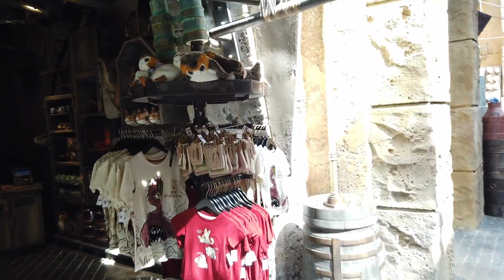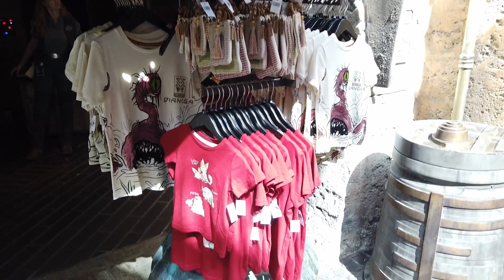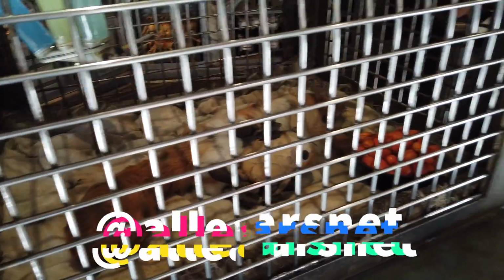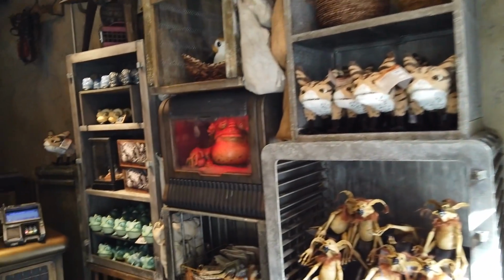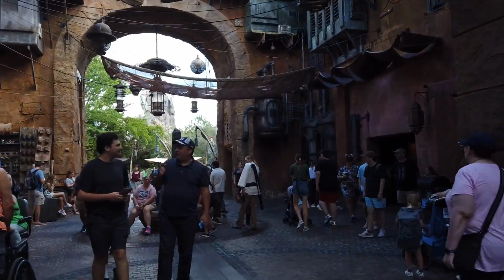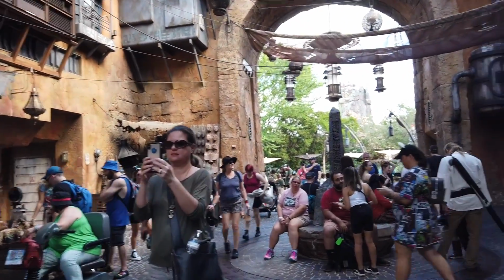Bina's Creature Stall. So this is where you're going to find a lot of your own take-home galactic creatures, if you will. So like things like porgs you can find here. You can even take one home yourself. Kind of like a galactic pet store, if you will. So the Creature Stall is actually the last shop here in the marketplace,